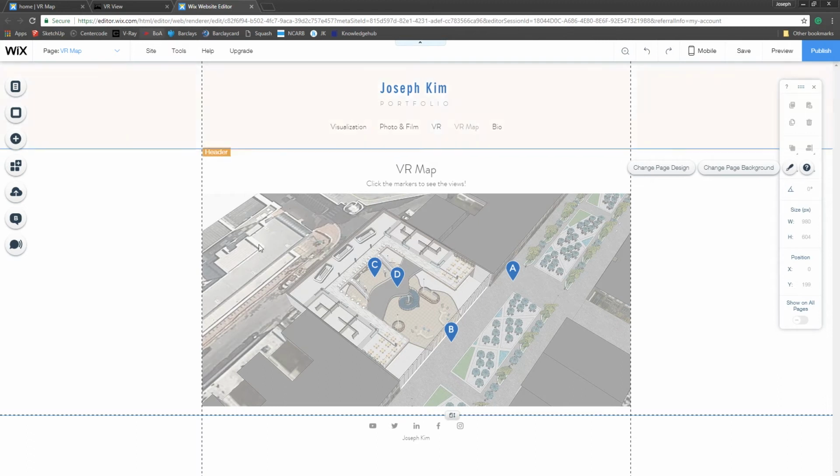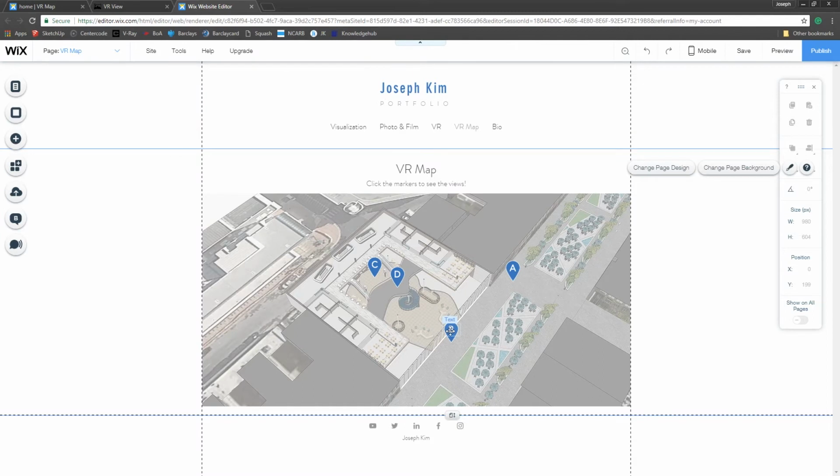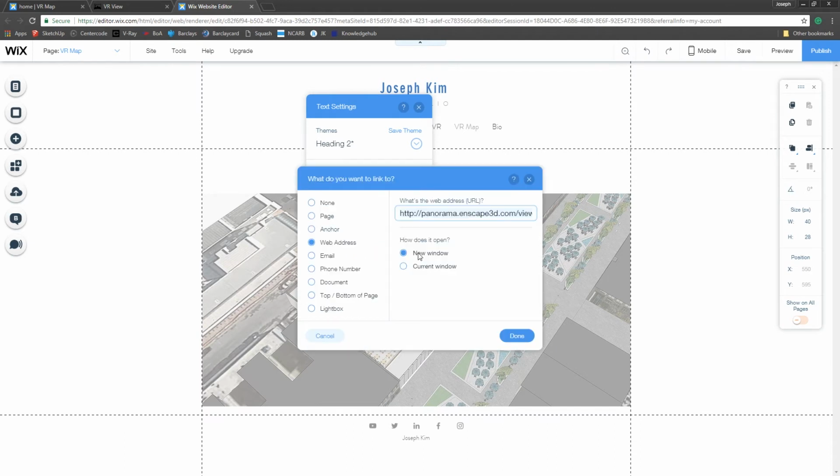Wix website allows me to edit this page. So I need to edit this marker so that it points to the correct panorama. I'm just gonna copy this, and inside of the editor, I'm just gonna highlight the text and edit text, and it's just gonna ask me for a link if I were to click this. I'm able to just paste in the new URL, and I'm just gonna point to web address and new